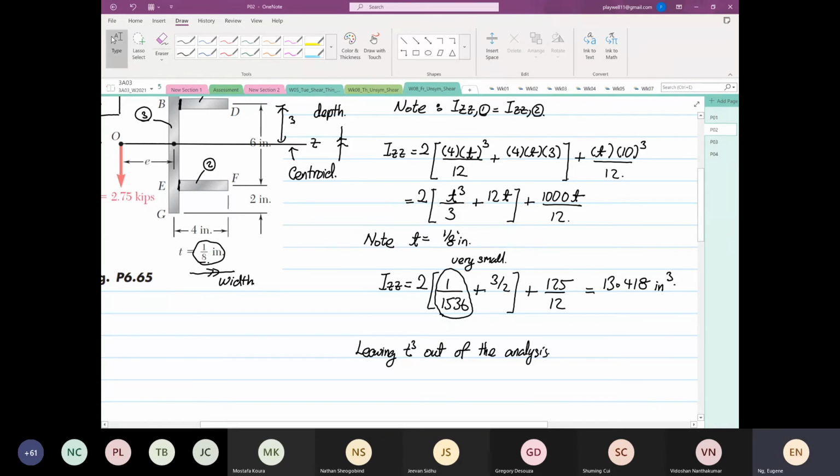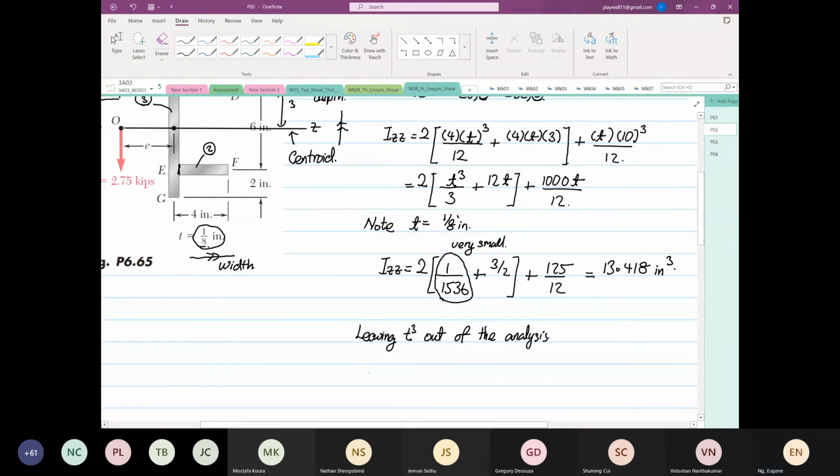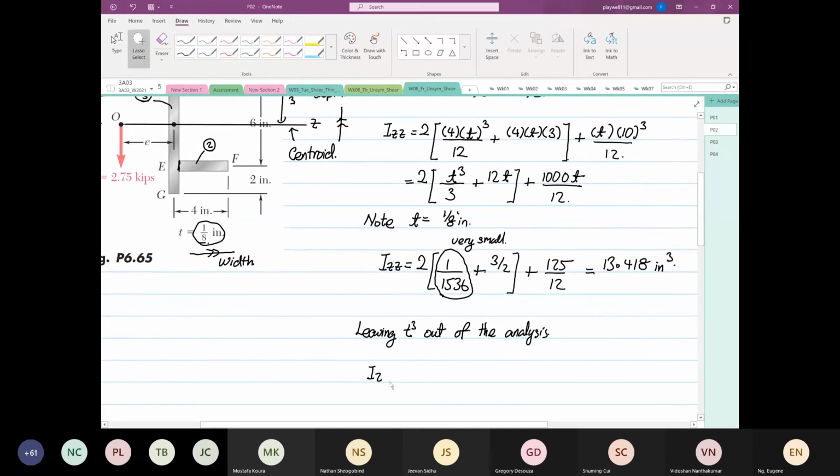Our answer, IZZ, will be equal to still 2, right? So this term over here, T cube over 3, we're going to leave it out. We're not going to consider it. Plus 12 multiplied by 1 over 8. And then plus